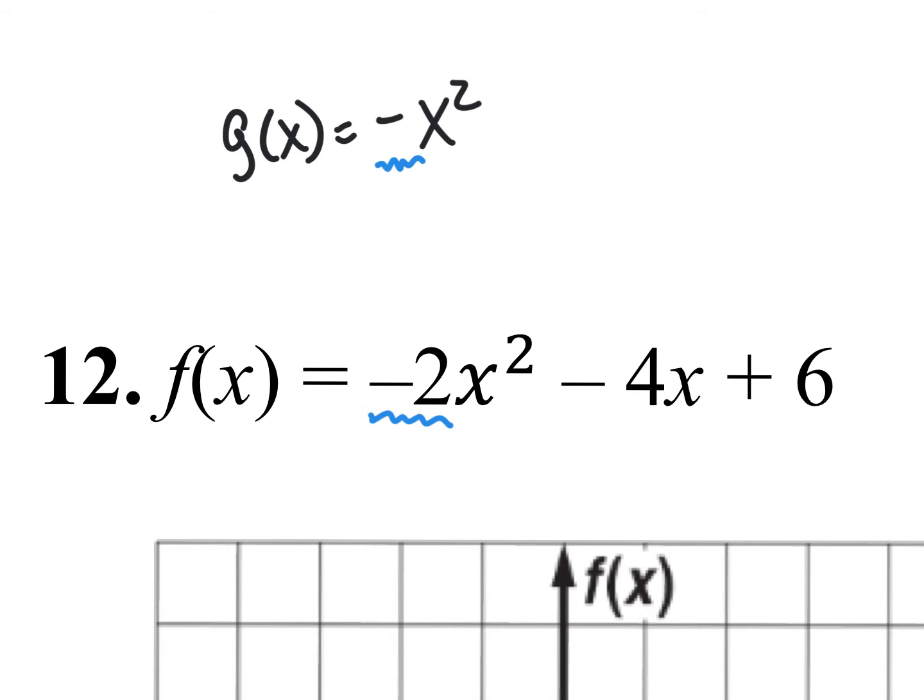Which one is wider? Go ahead and type in g or f, okay? Which one's wider, the g function or the f function? At the count of 3, we're going to hit enter. 1, 2, 3. Which one is wider? And I'm going to check the comments, and it looks like F. You guys are saying F is wider, and there's some question marks. And you know what? I appreciate your